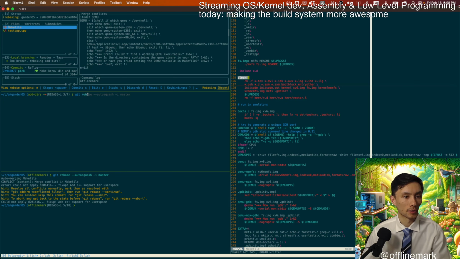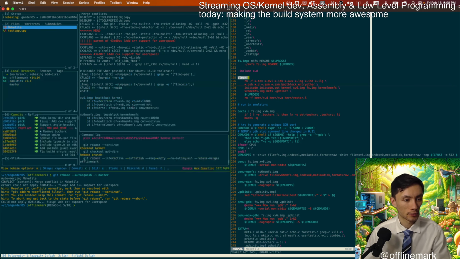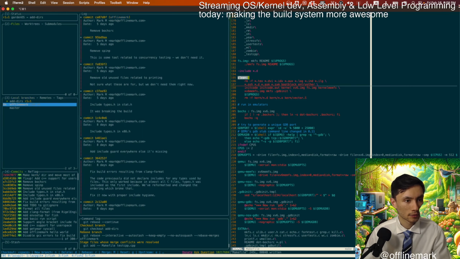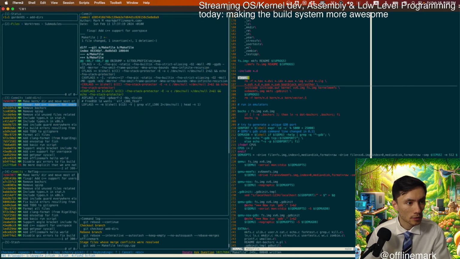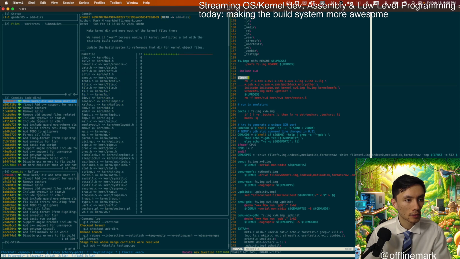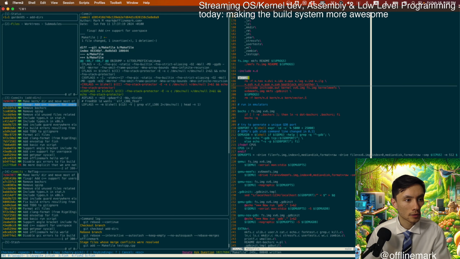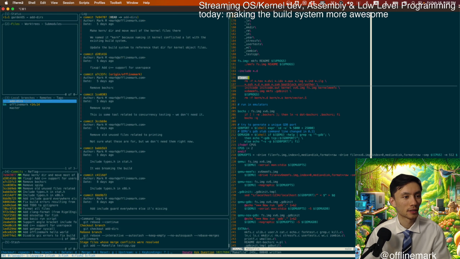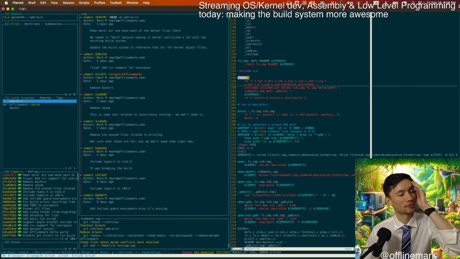Git rebase abort. So what's going on here? All that should be happening is I just want this one commit now on top of offline mark. That's all I want.